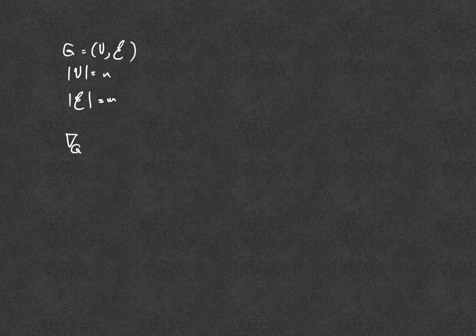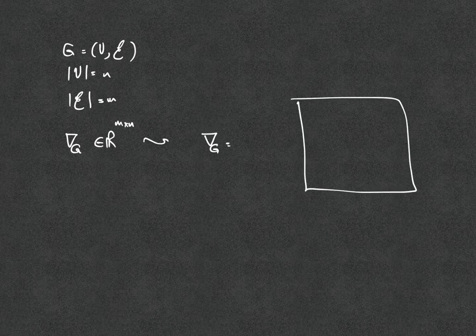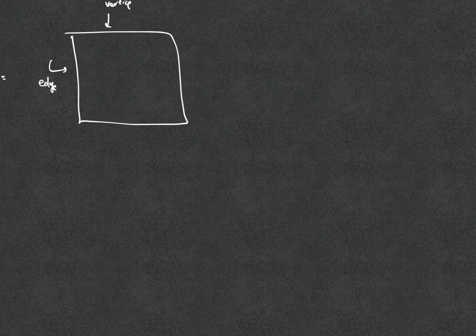Consider the graph G, set of nodes, set of vertices. Consider you have n vertices and m edges as usual. Let's define something called the incidence matrix. This incidence matrix is going to be an m by n matrix in which each row is associated with an edge and each vertex is associated with a column. And let's see what exactly each one of these values are.